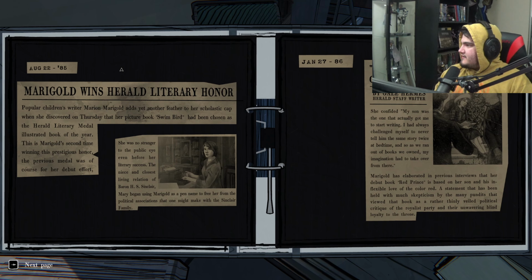Swinburne's author never considered herself a success. But my son was the only one that actually got me to start writing. I'd always challenged myself to never tell him the same story twice at bedtime. So as we ran out of books we owned, my imagination had to take over from there. Marigold has elaborated in previous interviews that her debut book, Red Prince,